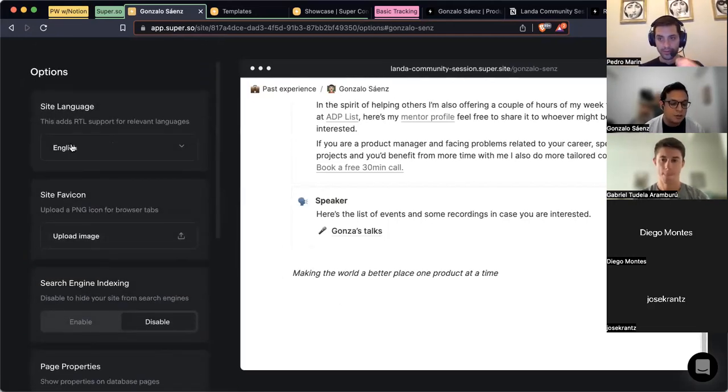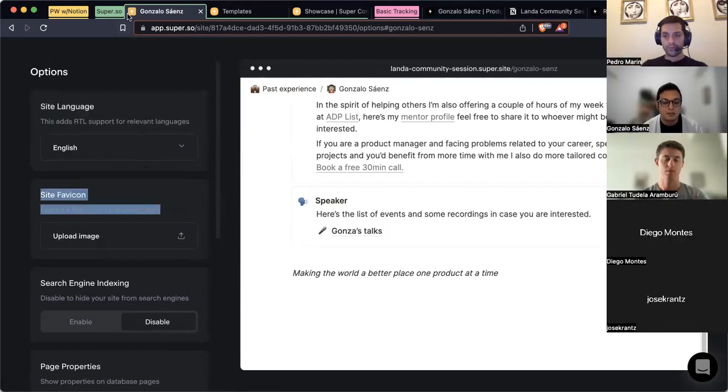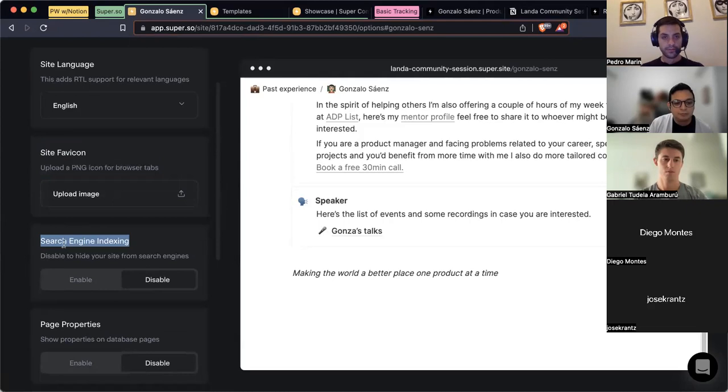Cool. Other options that are more for the web page: you can set the site language. This helps with SEO. The site favicon, so you can have an icon here, maybe your logo. It can be your company logo or your personal logo. I haven't uploaded this, so I have the Super logo here. It also looks really cool.